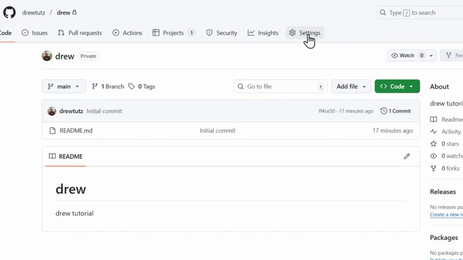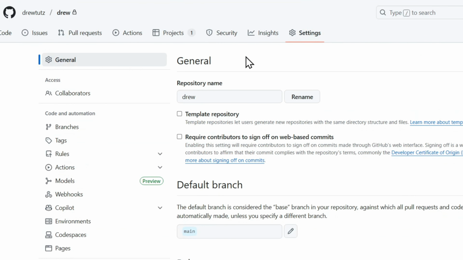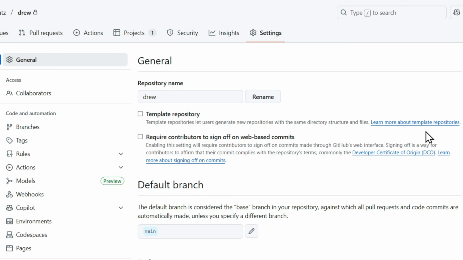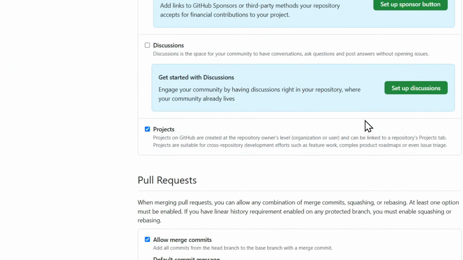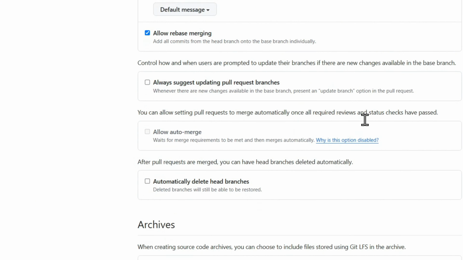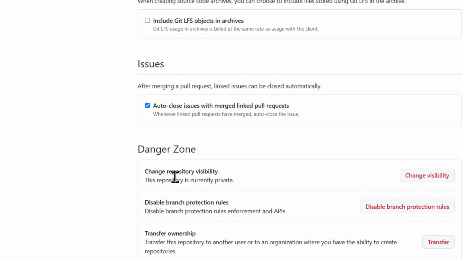So you can click on the settings of the repository, and then on this page here, this is your general information about your repository. So you can scroll down and you will find repository visibility. So you want to look for repository visibility. And as you can see right here, it says change repository visibility. This repository is currently private and you just want to go ahead and click on change visibility, change that to